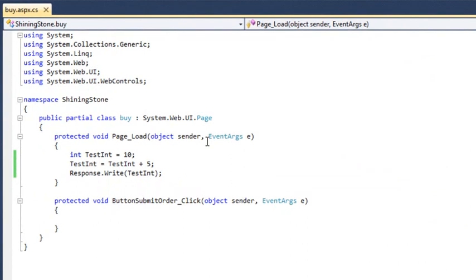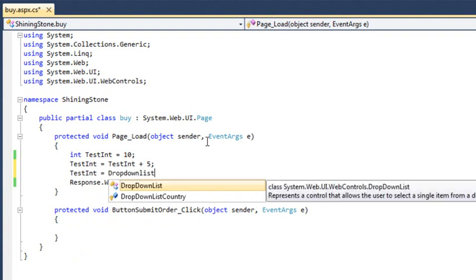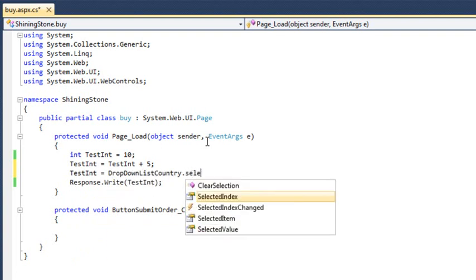Some properties of controls are also integers, such as the SelectedIndex property of a drop-down list control. We're going to retrieve the SelectedIndex property of the country drop-down and put it into the testInt variable. Add a new line of code before the response.write line, and add the following code. testInt = DropDownListCountry.SelectedIndex;